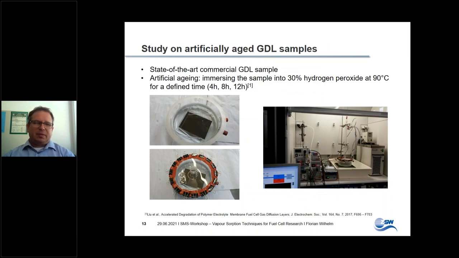So what we did here, we performed a study on artificially aged GDL samples. We employed state-of-the-art commercial GDL samples, which were immersed into 30% of hydrogen peroxide at 90 degrees Celsius for a defined time that was 4 hours, 8 hours, and 12 hours. And you can see here just some photos of the apparatus. So in principle, on the top left side, you see how the sample is immersed into the solution, and then the vessel is closed,